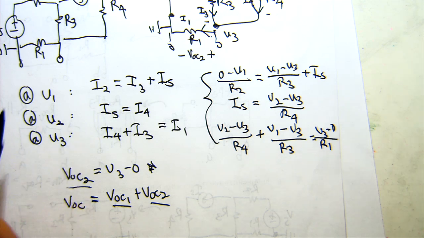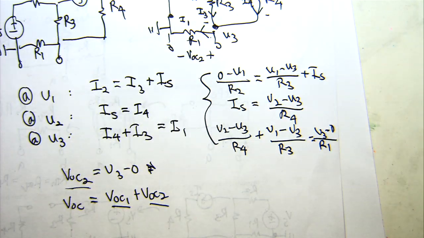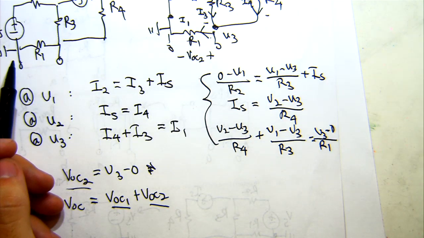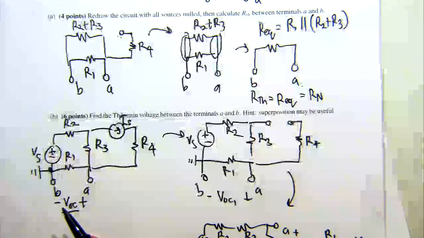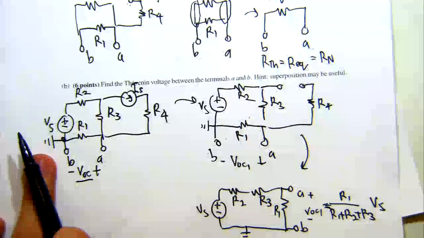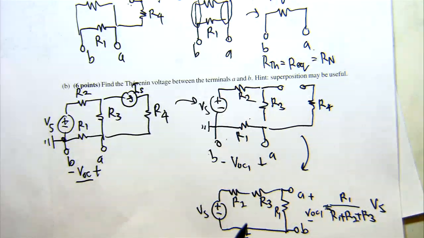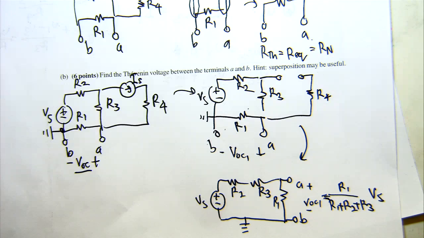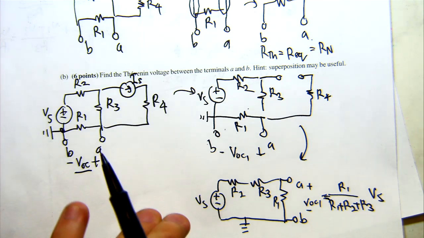Oh, why did I choose this location as a ground node? Part of why I did this was to be consistent with what I did before, right here in the circuit. So I chose the ground node here because it eventually ends up as a voltage divider, which is convenient. If I chose some other location as a ground node, then it looks a little bit more hairy because I might have the polarity of that voltage flipped upside down, so I'll have to add some negative signs and stuff.